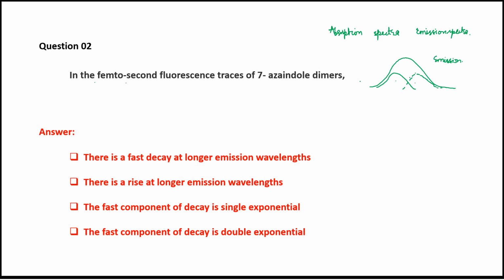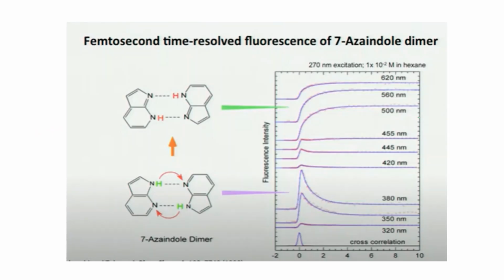Now, why is there a need for this femtosecond fluorescence? Because according to the studies, it was found that there are existing precursor steps that are also a part of this fluorescence decay. So for the detailed discussion, I have kept this plot. Here you see the 7-azaindole derivative or dimer. When this 7-azaindole dimer is irradiated with light,